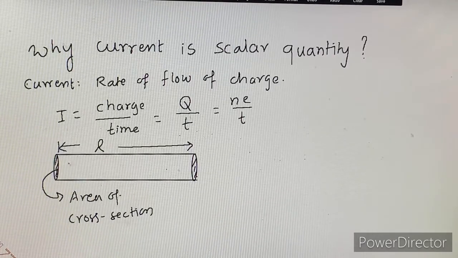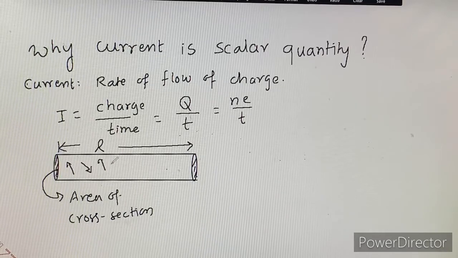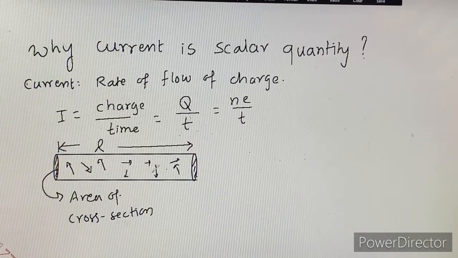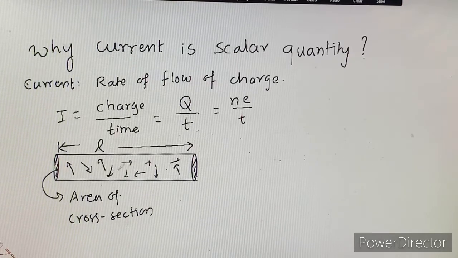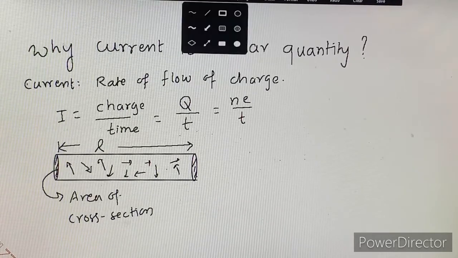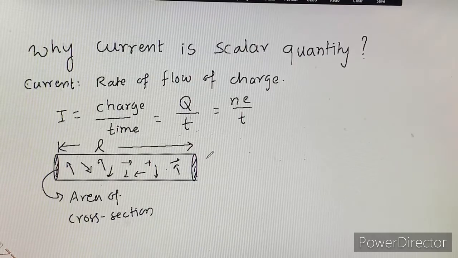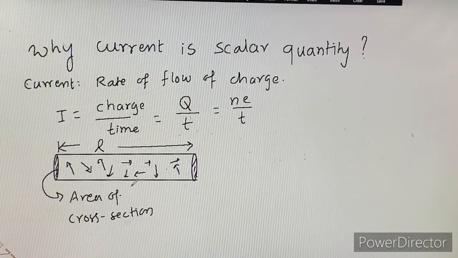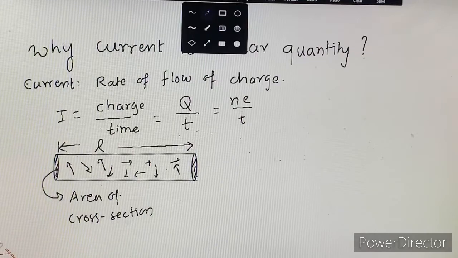Now these are electrons which are randomly moving in all possible directions. Since there is no battery attached to this wire, current in the circuit will be zero. Now if I connect this to a cell,